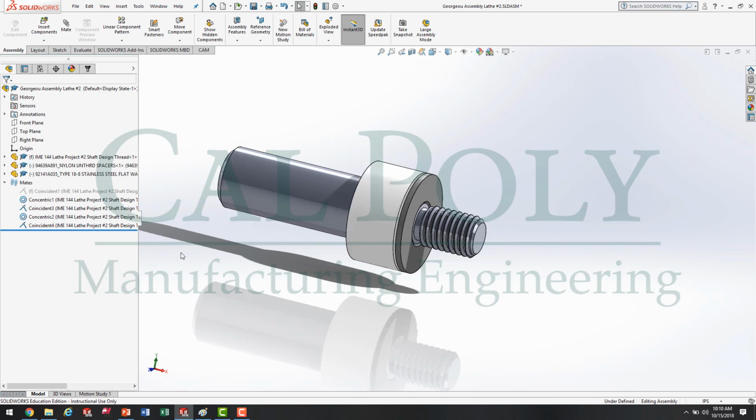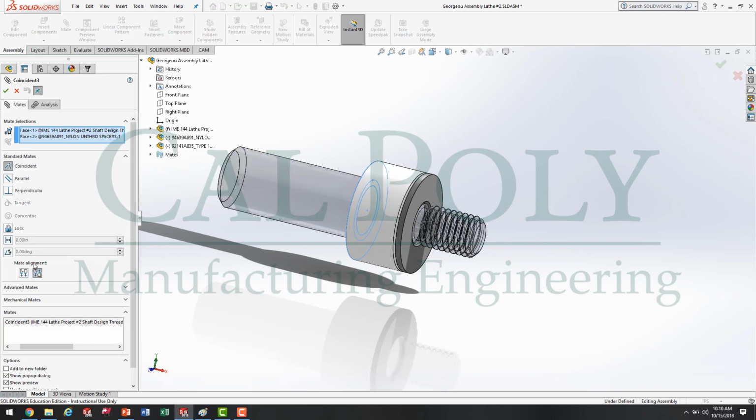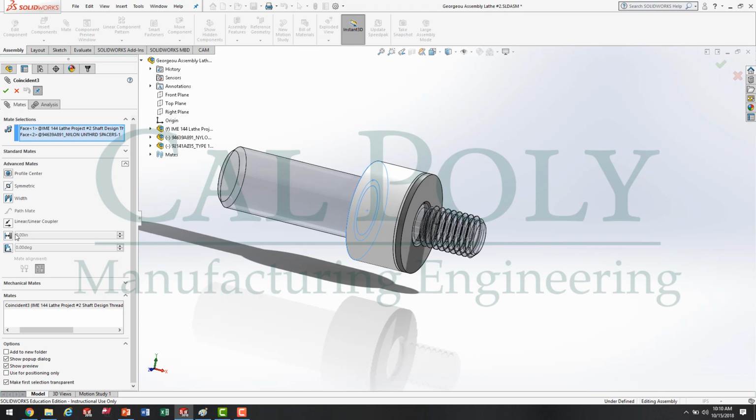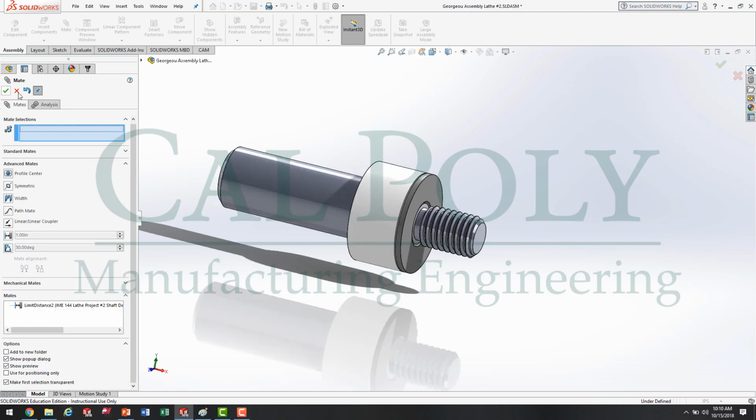So what we can do is change this coincident relationship by right-clicking on it, editing it, and changing it to an advanced mate, such as limit the distance. With this one, I'm able to allow it to sit at a certain distance. Then I could limit the distance to 40 thou. These numbers aren't going to be the same for your design. So the closest those two surfaces can be is 0, the farthest apart are 40 thou, and I'm going to set them up at 20 thou. When I select that,